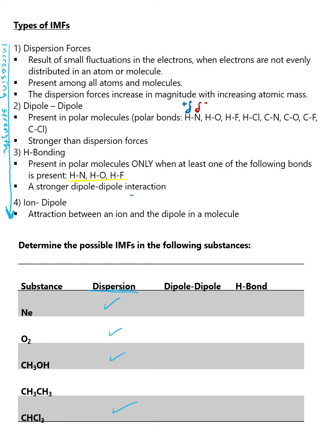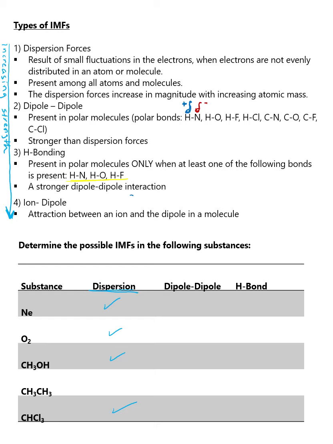If you don't have dipole-dipole, you're not going to have hydrogen bonds. You can have dipole-dipole without hydrogen bonds, but you cannot have hydrogen bonds without dipole-dipole. So moving to the third one, where you have